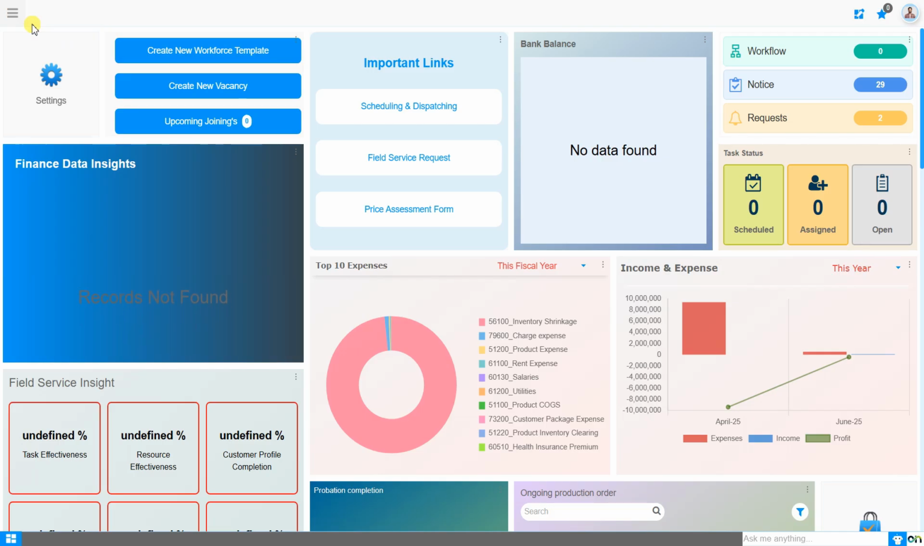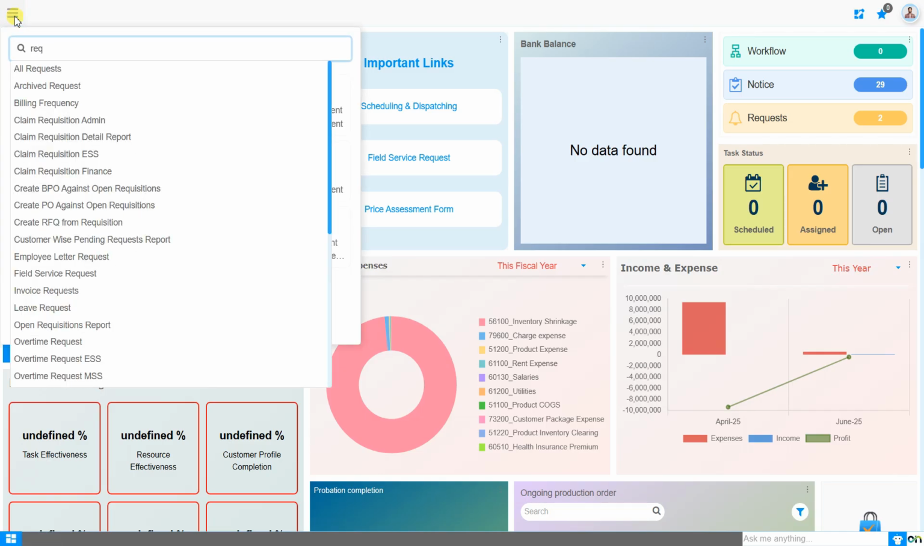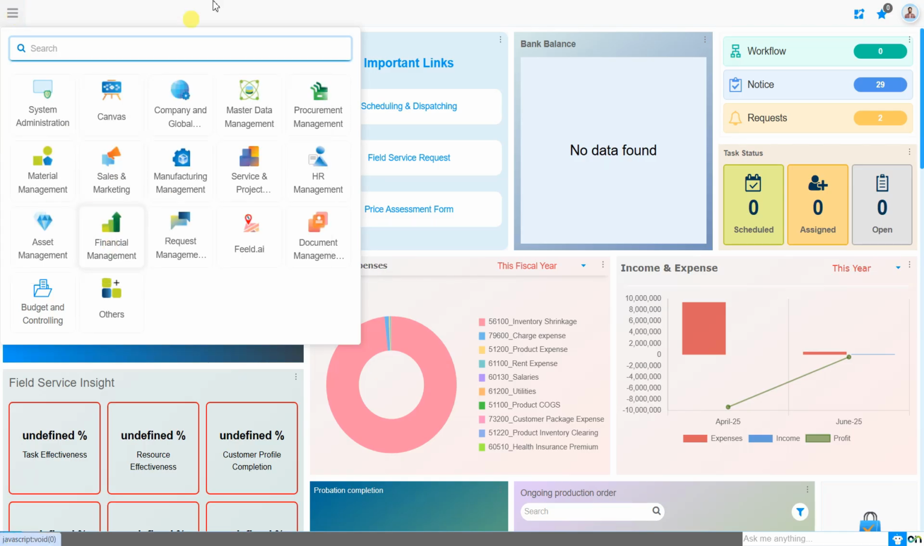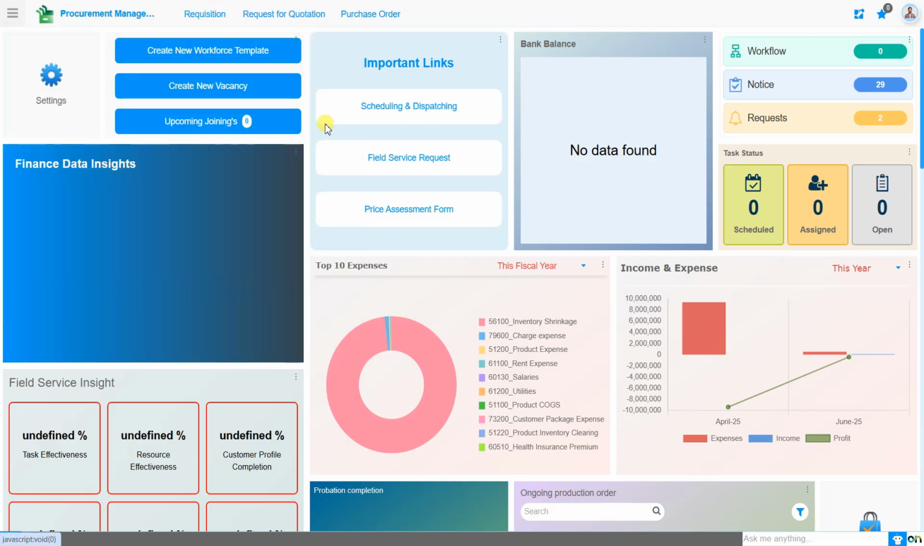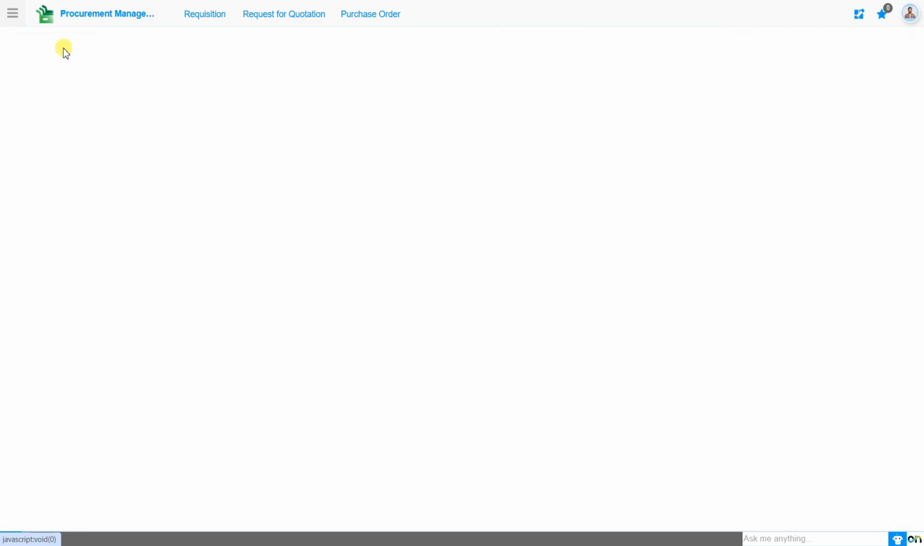So for now, for doing the process of material transfer from the requisition, first we need to create a requisition in the system. For that, just open the menu utility. You can directly search for the requisition in the menu utility, or you can open the procurement management, where under this you will directly find the module for requisition. By just clicking on the requisition, you will land on the